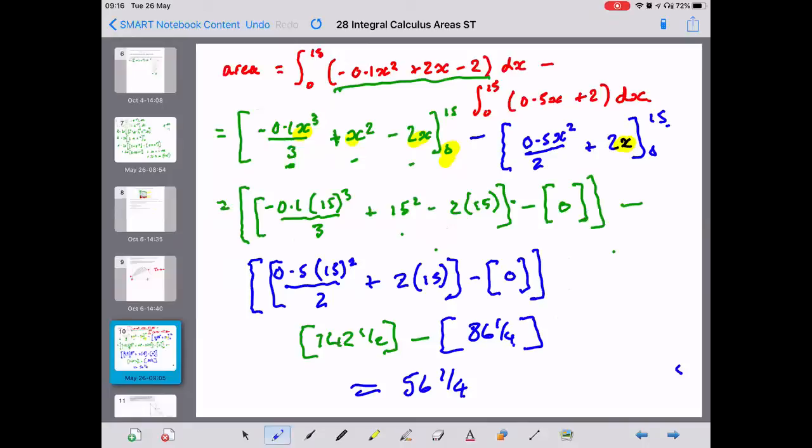No. Yay or nay? No, I've got 82.5 as well for the green bit. So I'm doing a fraction. Minus 0.1 times